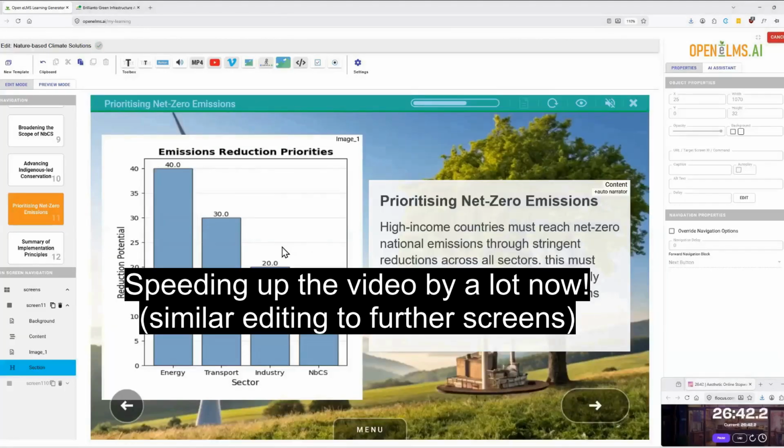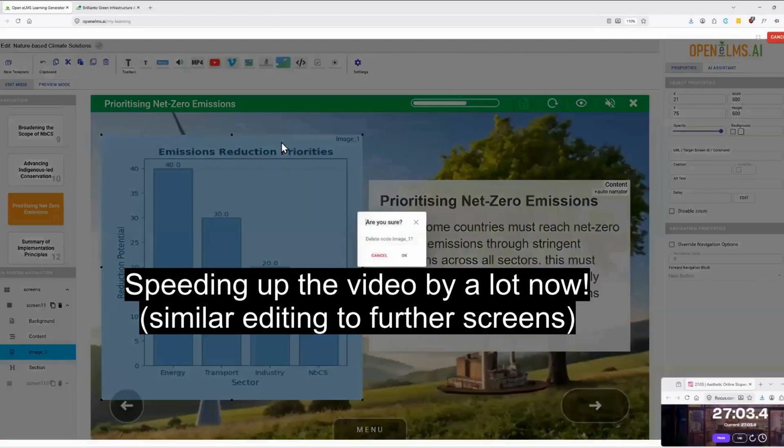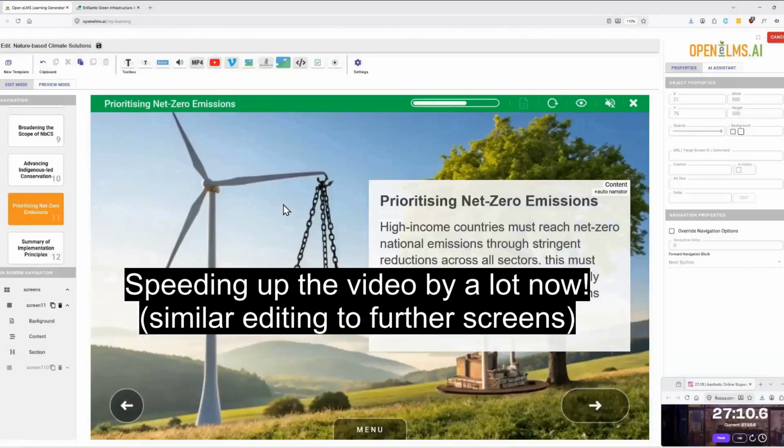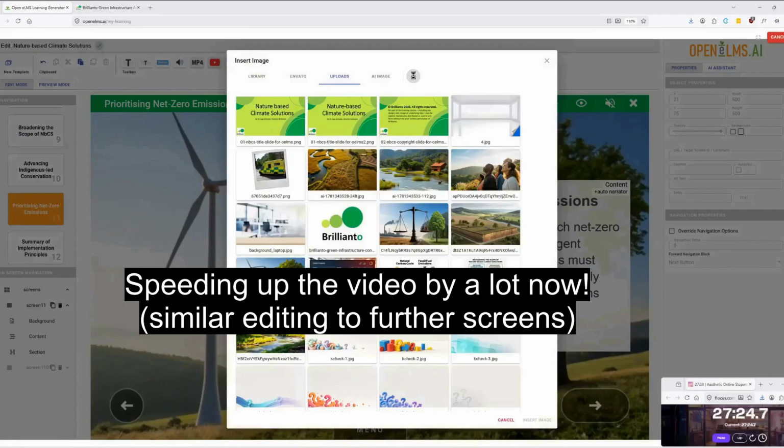I actually don't like this graph here. It's a bar chart. The figures are not fact-based, it's just for illustrative purposes, saying that we have energy emission reduction prices, energy for industry sectors. So this doesn't make any sense. What I'm actually going to do is delete this whole graph, yes, I'm sure, and insert an infographic instead, which I like a lot better, and which I have from a previous run playing around with this. I need to upload an image, and that image is this one here, this infographic,